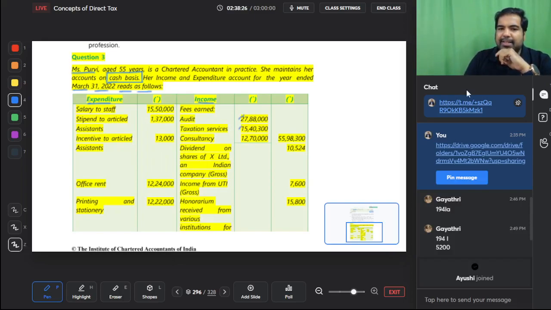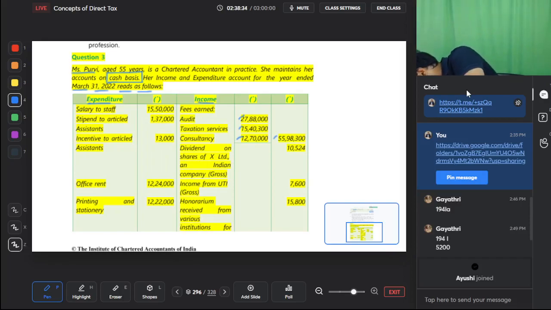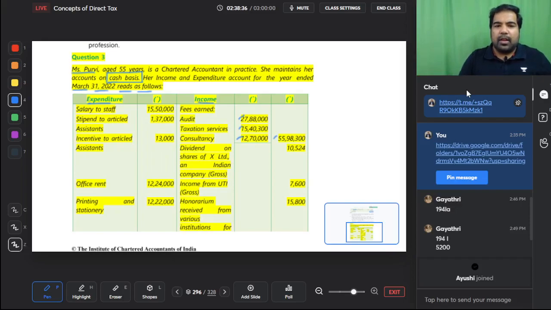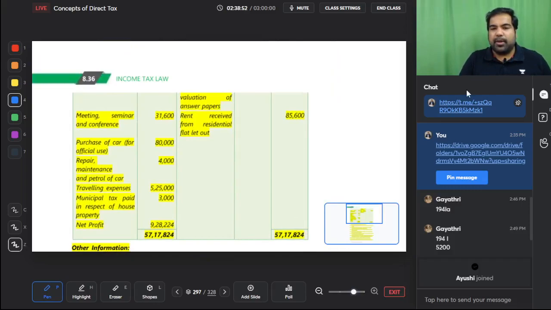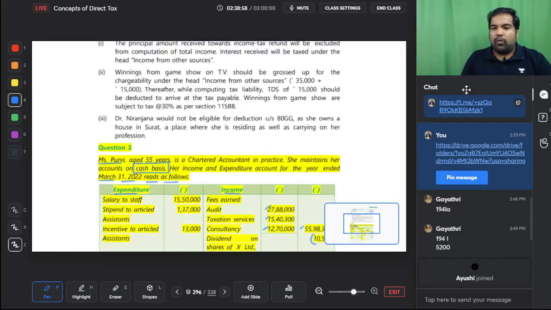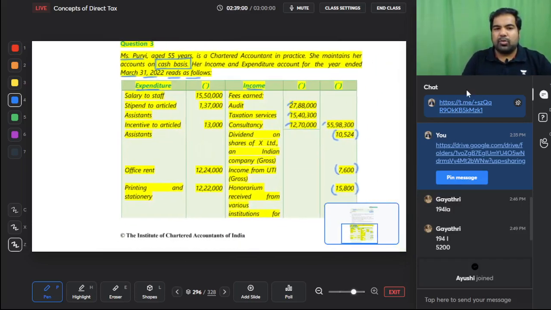Fees is okay: audit, tax and consultancy 55 lakhs, that's a good amount of fees. Dividend, we'll have to remove this, this has been added, we'll have to minus it. Income from UTI, again we'll have to minus it. Honorarium received from various institutions, this is also IFOS, we'll have to minus it. And rent received from individual flat let out, we'll have to minus it and take it to the respective heads. From the expenses front, salary to staff looks okay, stipend to article assistant looks okay, incentive to article assistants